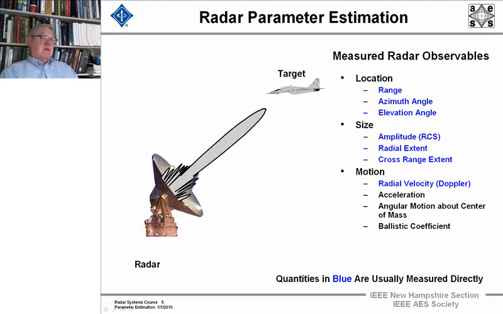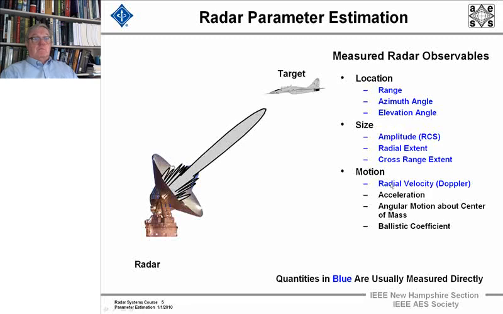And if the range accuracy is sufficiently small and the bandwidth sufficiently high, it can measure the radial extent of the object and the size, and it can measure the cross-range extent by doing inverse synthetic aperture processing on the target, which is a subject for later discussion. And it does that by using the radial velocity of the target, which can be measured using the Doppler effect. And from these